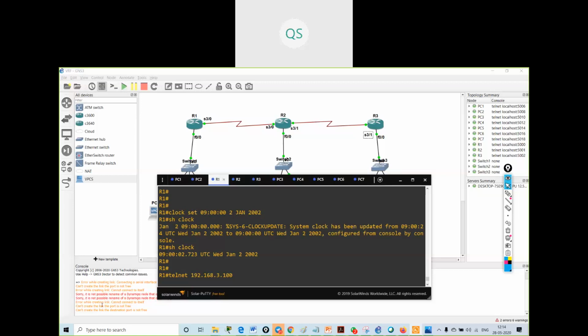Using time range, can we configure anything else apart from ACLs? Is there any other timed functionality that we can use? Yes, sir.